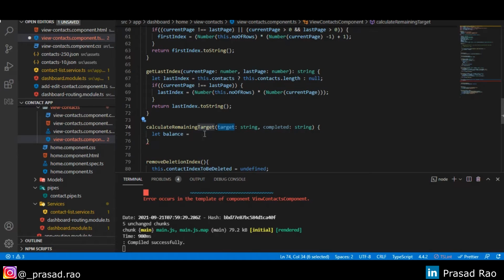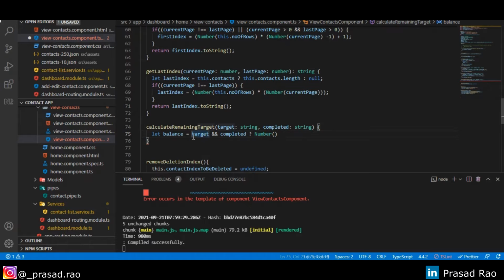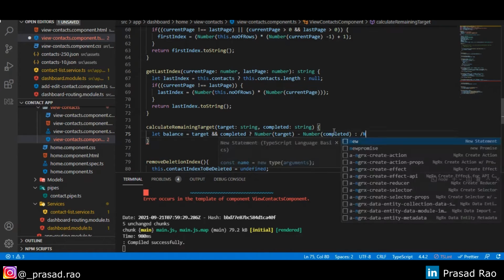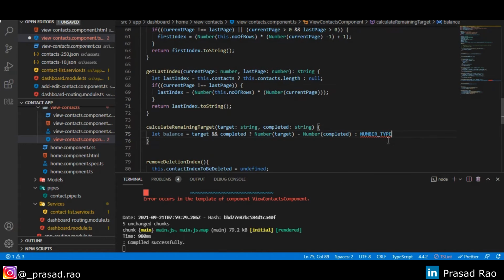We'll first check if target and completed are defined. If both are defined, then we will convert the strings into numbers and deduct the completed value from the target. And if not, we'll just pass the Number function with target here.